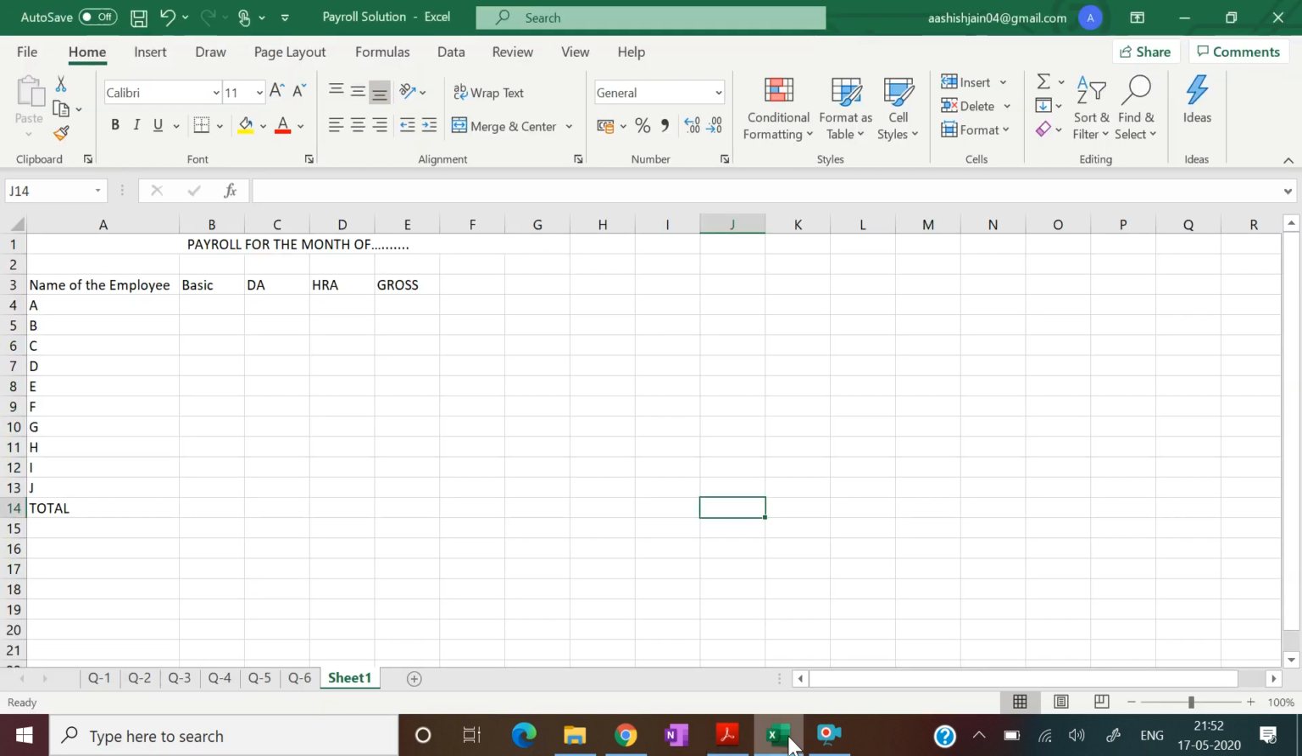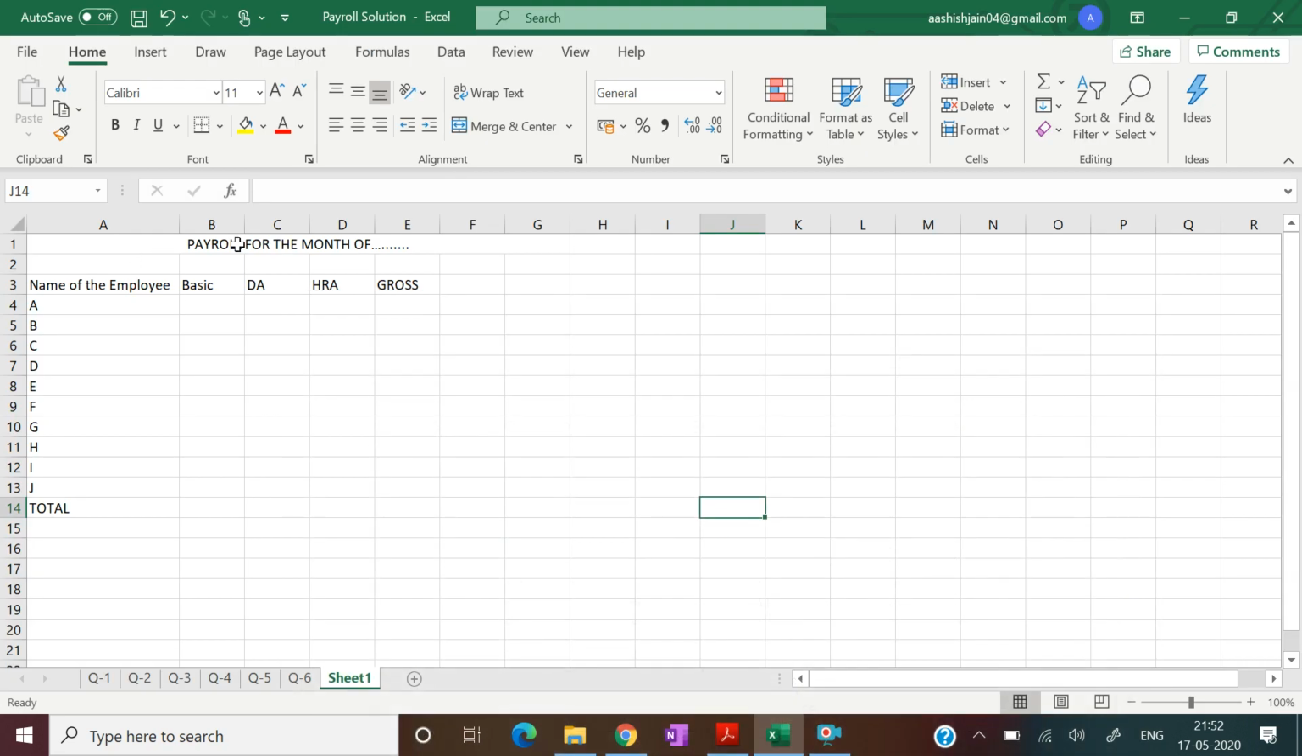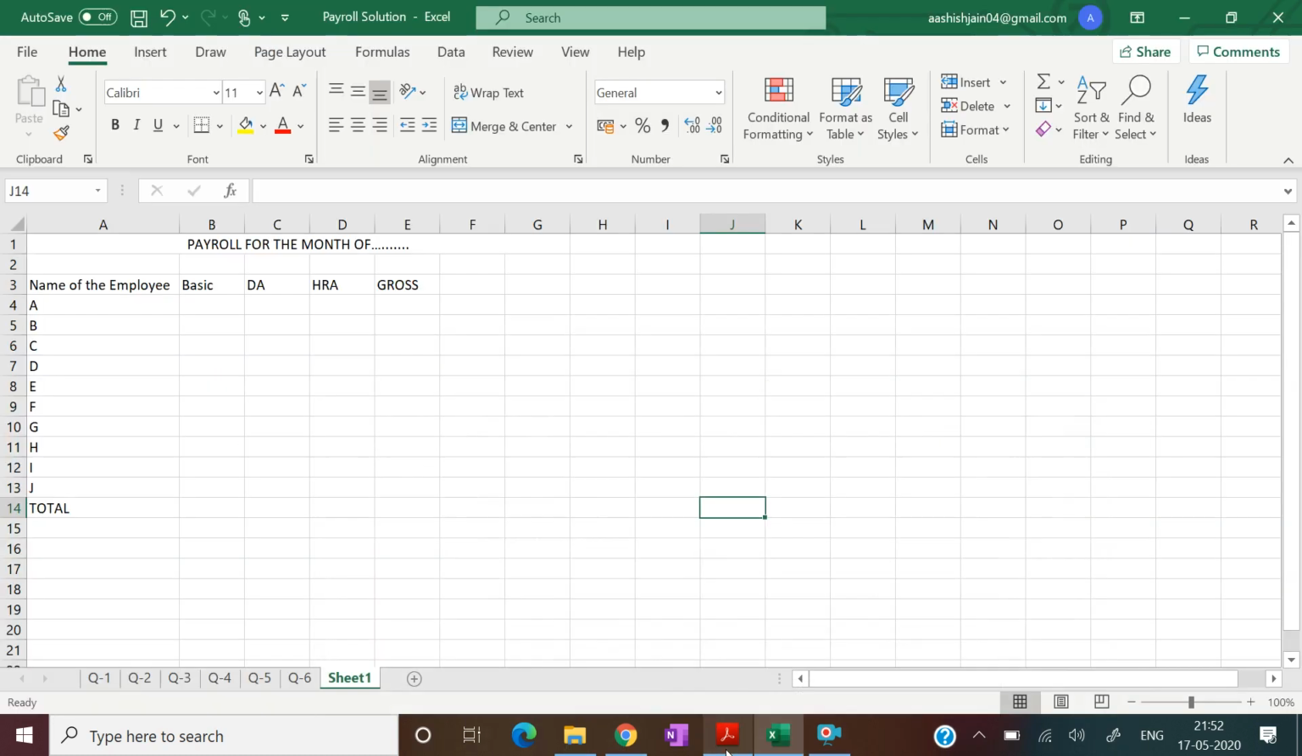I have already made a basic format of payroll. The heading is payroll for the month of. In this question it is not given for which month we are going to make the payroll, so I have written payroll for the month of dash. I have listed 10 employees and I have written alphabets only instead of names. It is not given what the basic salary would be, so we need to assume the basic salary. Let's take